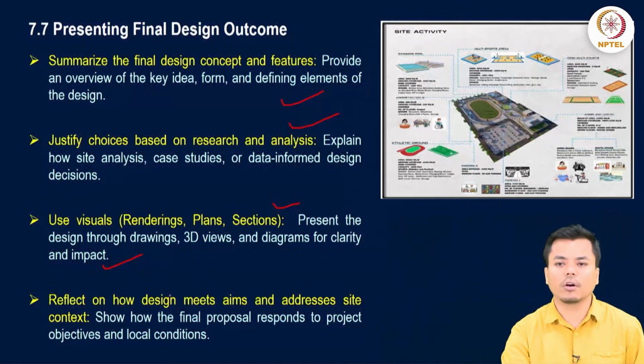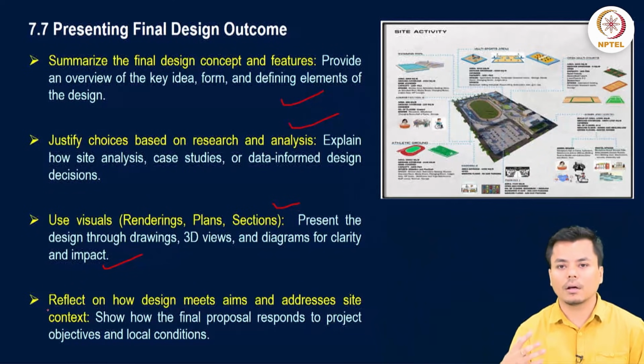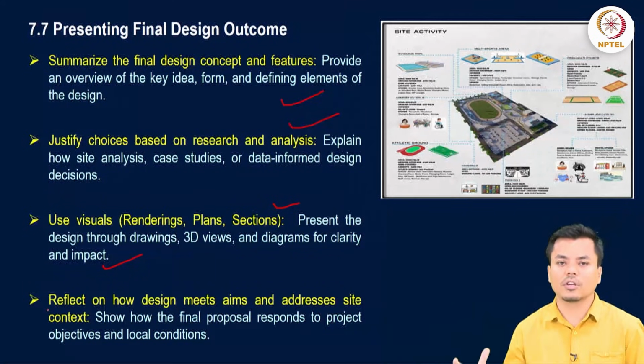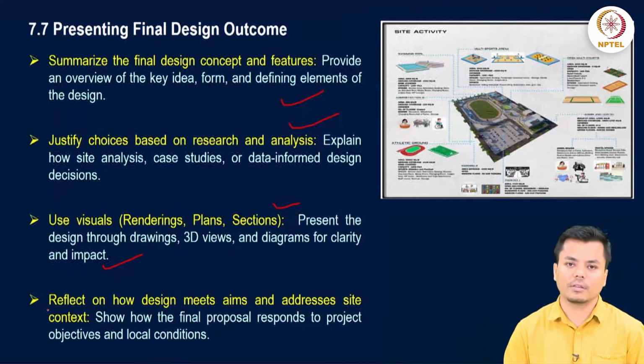You should also reflect on how the design meets the aim and addresses the site context. How the design, that is the final outcome of your thesis, meets and is able to achieve the aim that you have set for your project. This is actually shown through the final integration between the final design and the research aim or objectives that you have framed for your thesis. Then address the site context. For example, as I have given before, if the building is in the northeastern region, the use of locally available materials has to be justified in that way. Similarly, if you are building